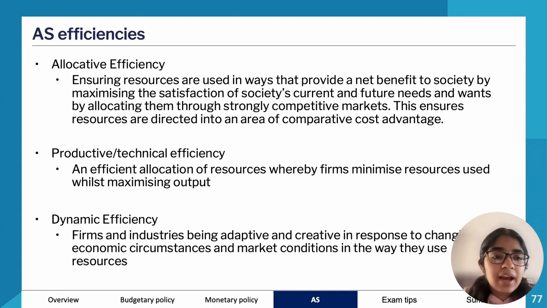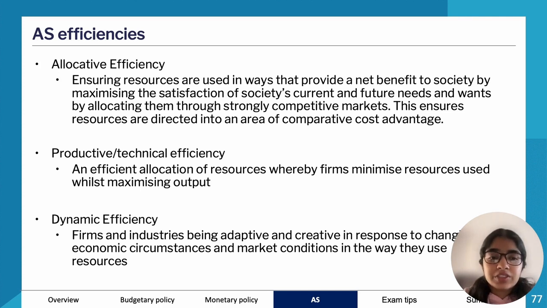Okay, so next we have productive or technical efficiency. So this one's relatively straightforward. This is when you have businesses and they try to minimize input, maximize output. So they try to use as little resources as possible to produce as much as possible. So they're more productive. Dynamic efficiency, so that's when